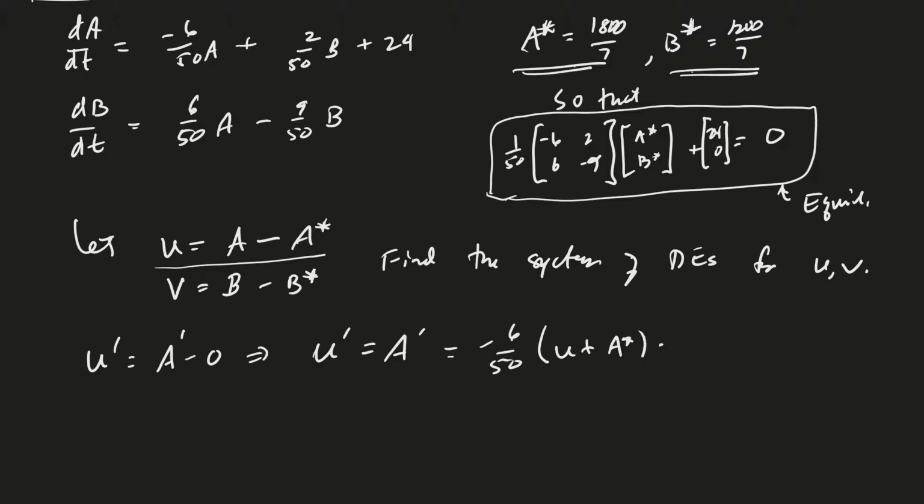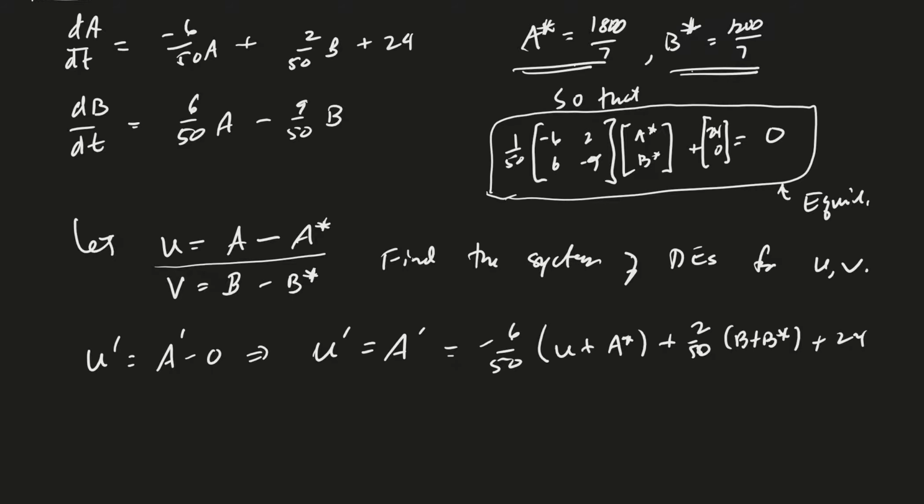And then that'll be plus 2 over 50 times b plus b star plus 24. Okay, and then similarly v prime is going to be b prime, which is 6 over 50 times u plus a star, minus 9 over 50 times b plus b star